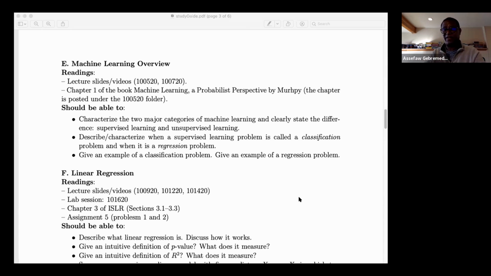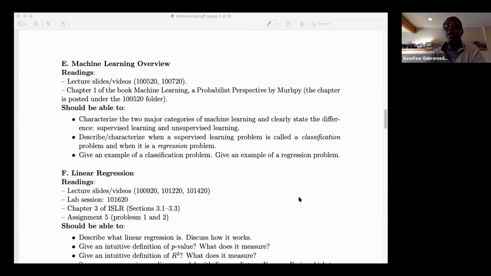I have given it to you as further reading, but this will be a good time. It probably may not need the entire chapter, but I think up to section 1.4, or whatever it's called, 1.5 is probably enough. And you would know when to stop because you would see how my lecture slides reflect it. The lecture slides are not a mimic of that chapter, they are different, but I think you will know what to do. Okay, so spend some time reviewing that material and you should be able to characterize the two major